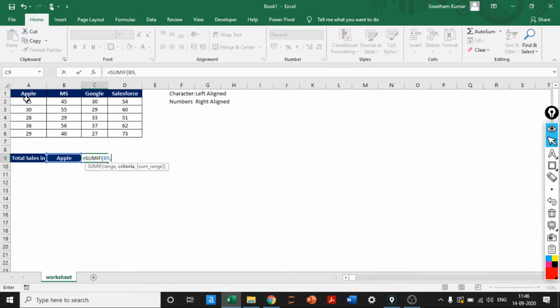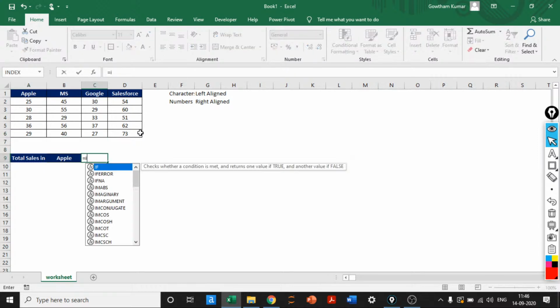Now the SUMIF range is basically this, and I wanted to perform it with the criteria range here, and then I'll do this. It gives me a wrong answer because my data is in a different order. So rather, I will keep the data in a different format if I wanted to perform SUMIF in this case. But